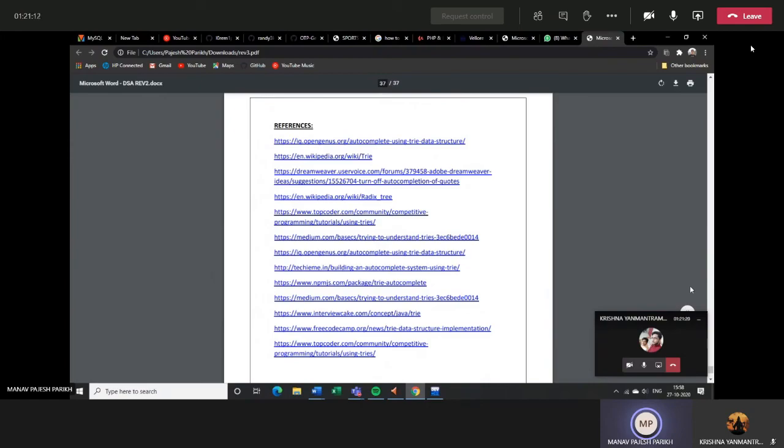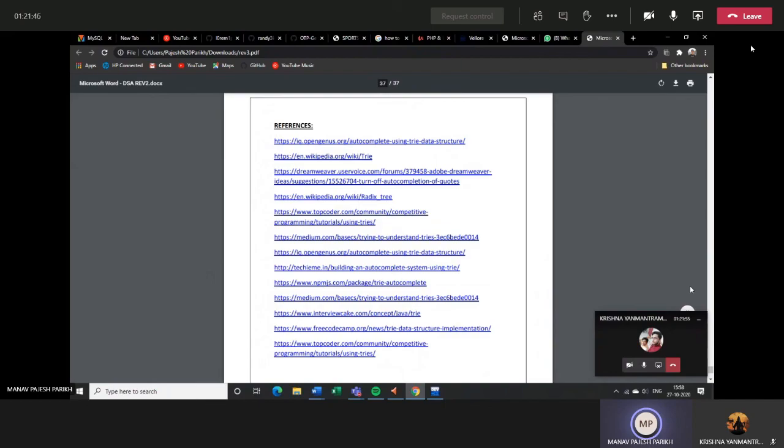Like last time, we need a client, we need a manufacturer, and we need a system for us to implement a code. And Nikhil worked on the aim, the objective, and the applicability of the proposed work. He came up with the idea that we can use a trie for reducing the complexity. And then Krishna was the one who worked on the proposed method and the advantages of the proposed method. Krishna did a lot of research on tries and how they are implemented, and let us know about it.